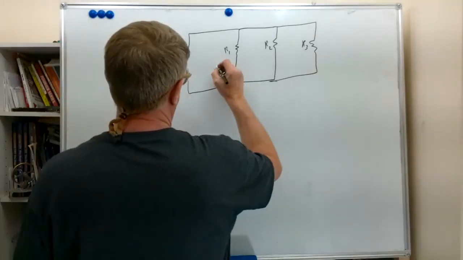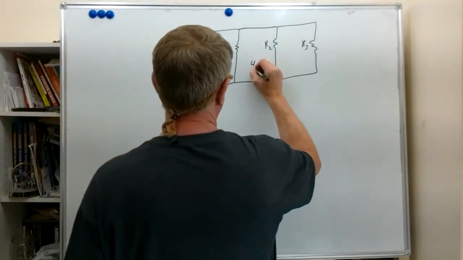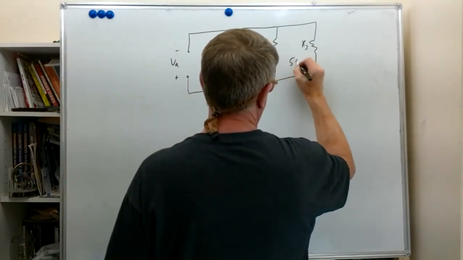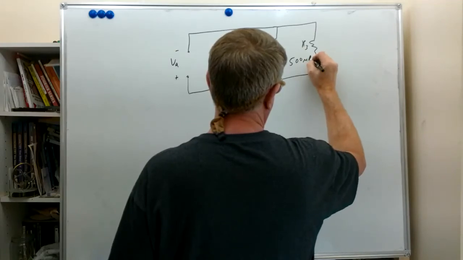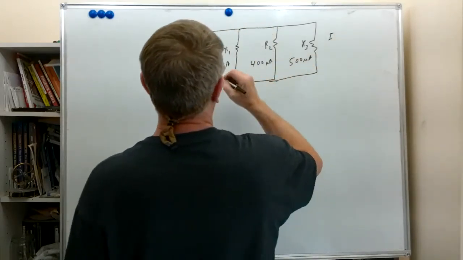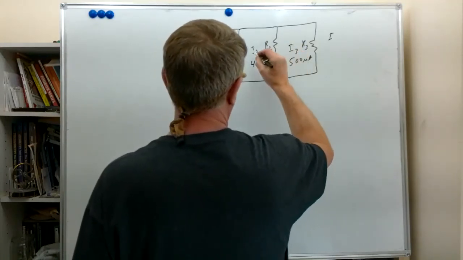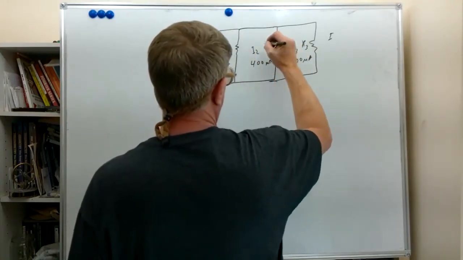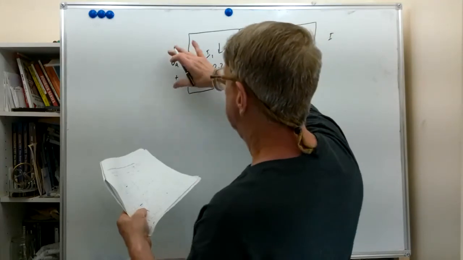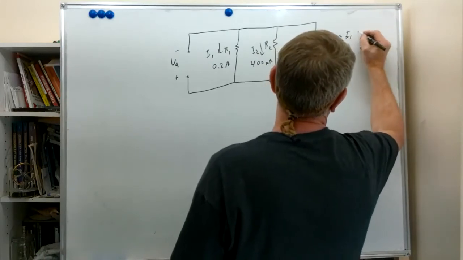But we're given currents, 0.2 amps here, 400 milliamps here, 500 microamps here. Now we can add those up using this. We'll call this I1, I2, I3, and we'll put some arrows to indicate the direction. We can find the current from the source using IT, I total equals I1 plus